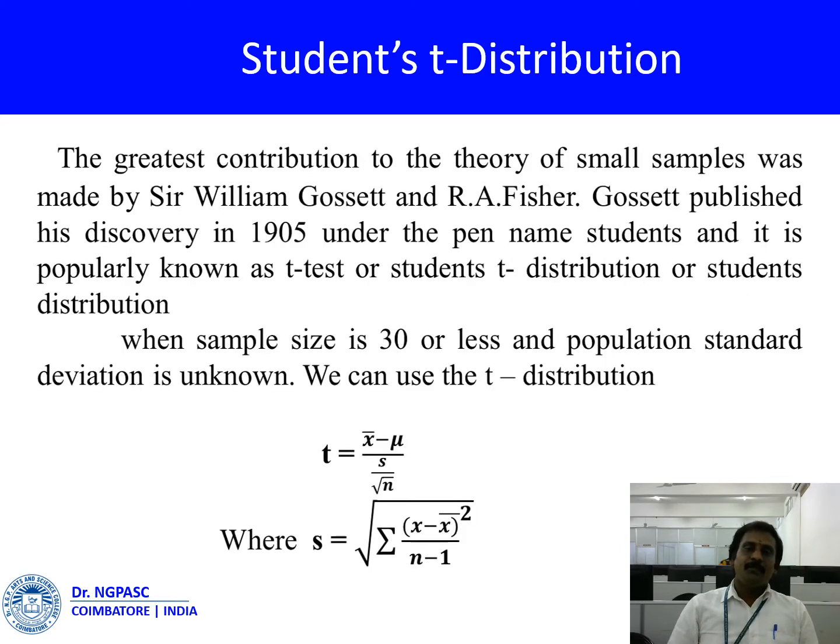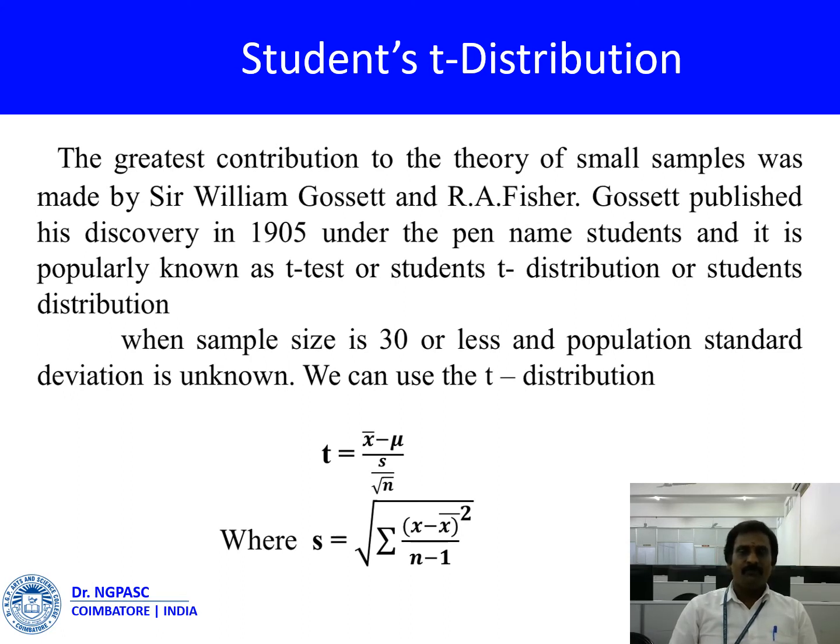Then students t-distribution, the basic concept. The greatest contribution to the theory of small samples was made by Sir William Gosset and R.A. Fisher. Gosset published his discovery in 1905 under the pen name Student, and it is popularly known as t-test or Student's t-distribution. When the sample size is 30 or less and the population standard deviation is unknown, we can use the Student's